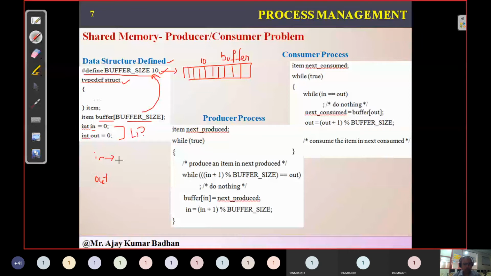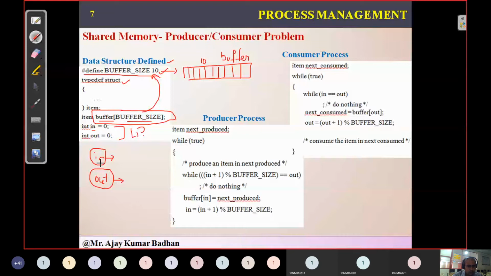The next free space is represented by this particular pointer called in. And what about out? Out refers to the first filled space. Whichever is the first filled block, that is represented using out. So remember, from a programmatic point of view, you can understand that this buffer is nothing but an array that we have declared here.